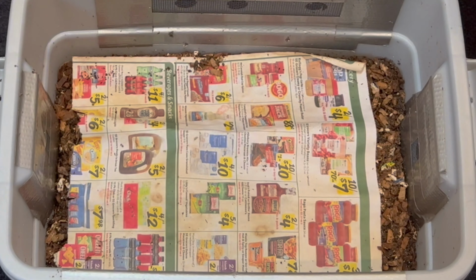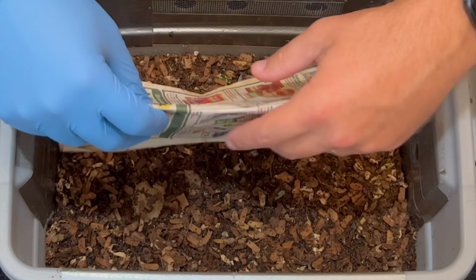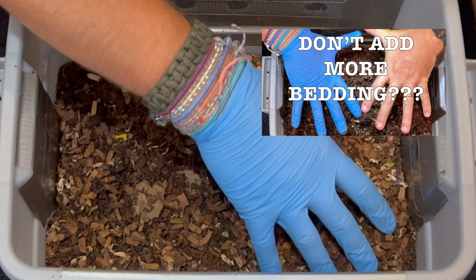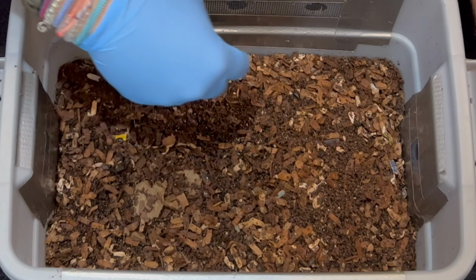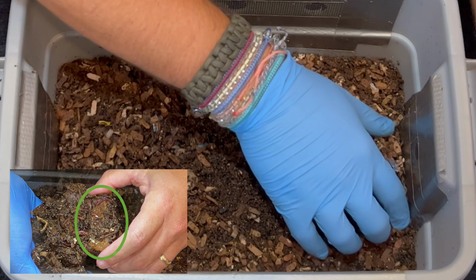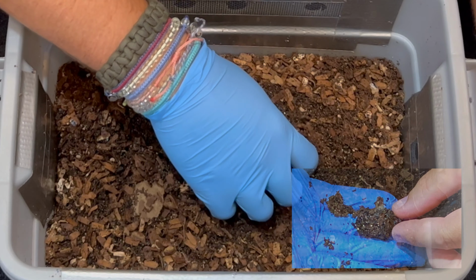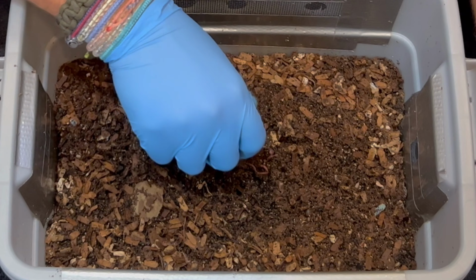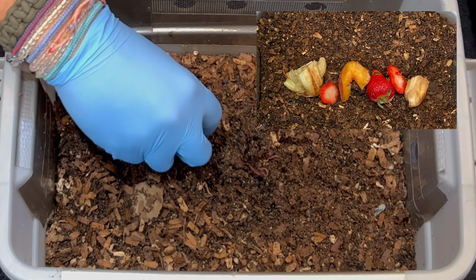Right, we are here at my tiny indoor worm bin, and there's three things that we're going over. First off, we didn't add any bedding last time, so we're going to see how the bin is doing from there, and I see some just dry bedding on top, but as I go deeper, it's not there. When we checked on the feeding previously, there was an apple core and a blackberry that still hadn't been digested. And then finally we'll go over our feeding that we just did, and right away I am seeing